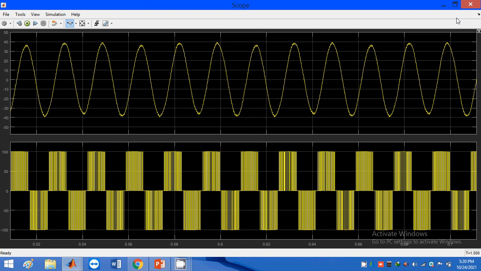Suppose you want to know the harmonic analysis of this waveform, how are we going to perform this harmonic analysis?